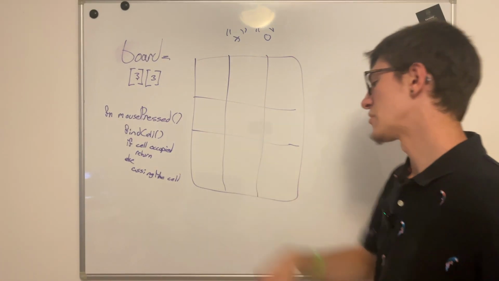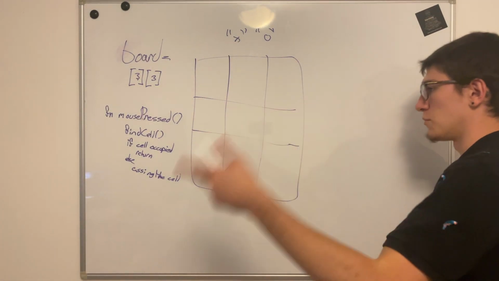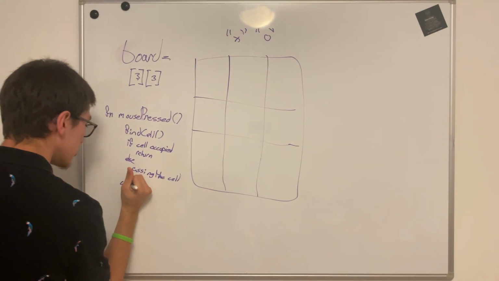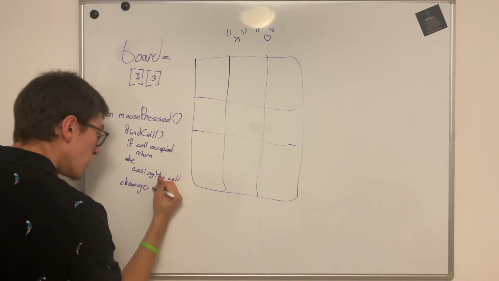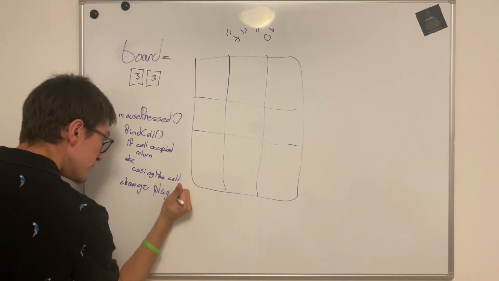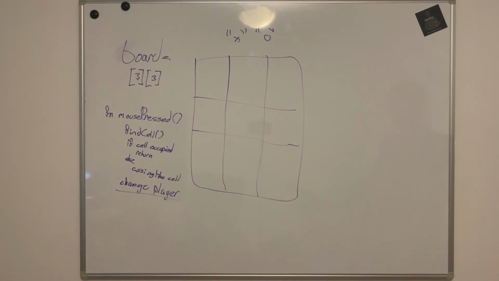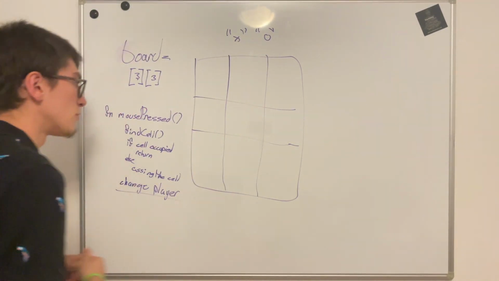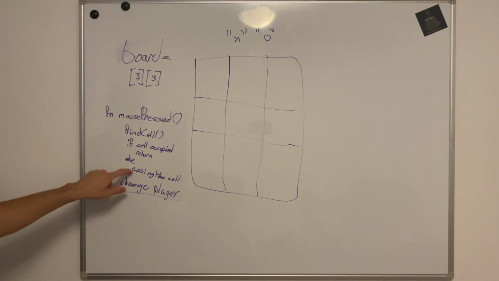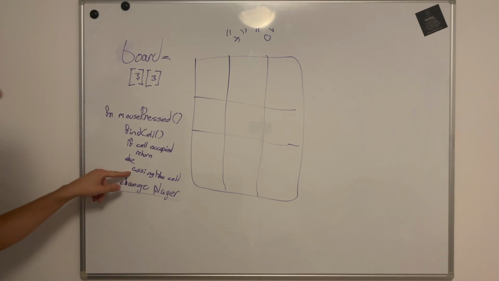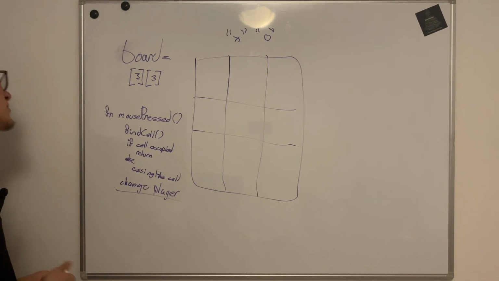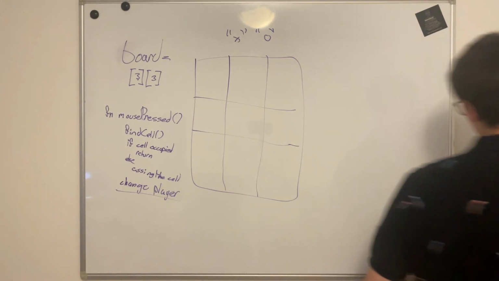Yeah, and we'll have the concept of the player. The player will be changed every time we, I can write it here, change player. So we change the player after we're finished with the mouse pressed event. What else? After pressing the mouse or after assigning the cell, whichever one we choose, it could be either, it doesn't really matter. So after assigning the cell,